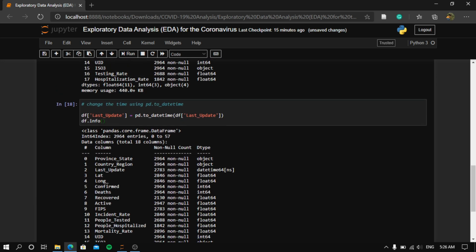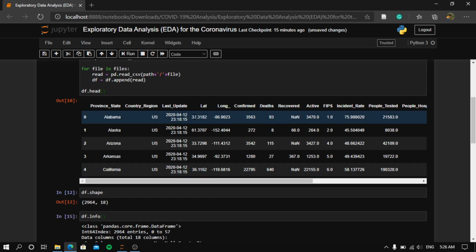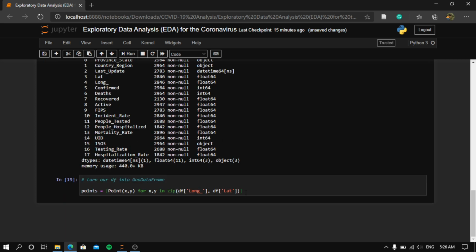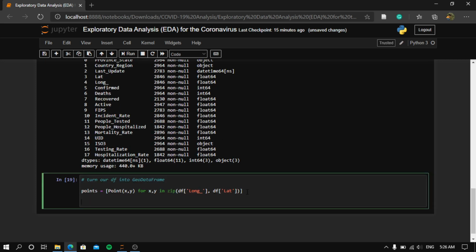Great, so we have done this. So basically what we have done is we have changed the longitude and the latitude into a geometry. To pass it into the data frame, we will be using df is equal to gpd.GeoDataFrame,